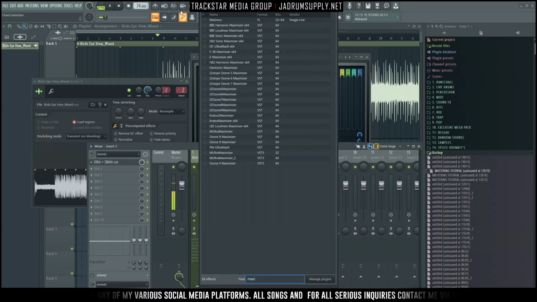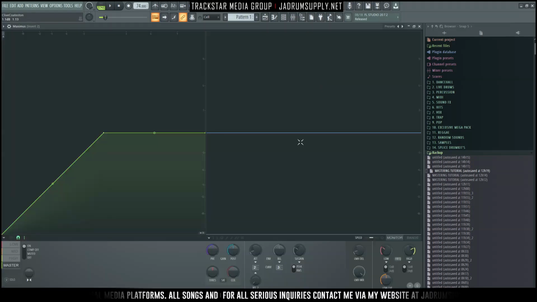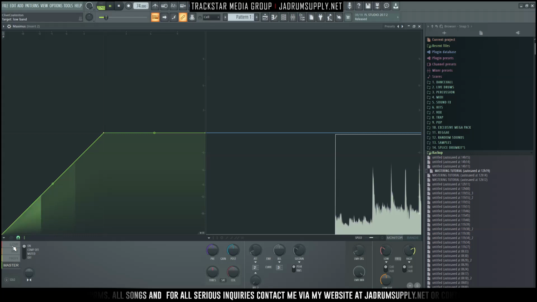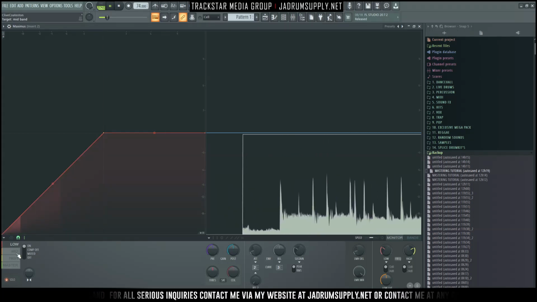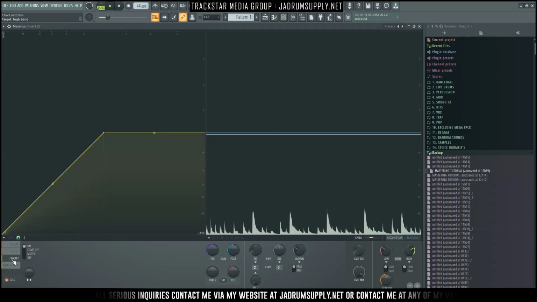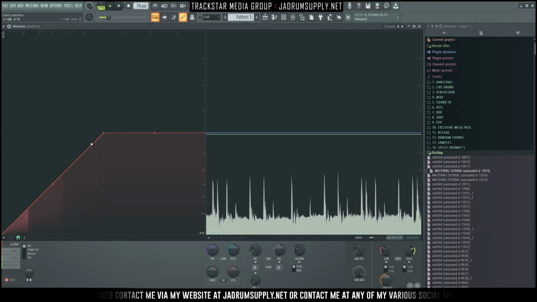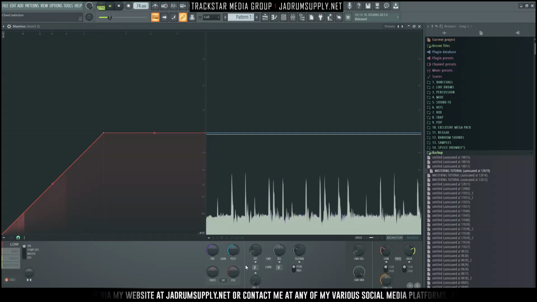So let's load Maximus into this. Let's double click here. Cool. Let's maximize that. And like I said, Maximus is a multi-band, so we have the low band, we can press solo, we have the mid band, and we have the high band. So I'll do the low band first. This over here says the compression and all of that type of stuff. So we have the compressor on right now, cool? So firstly,